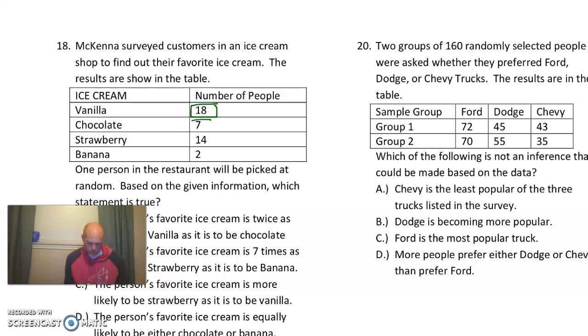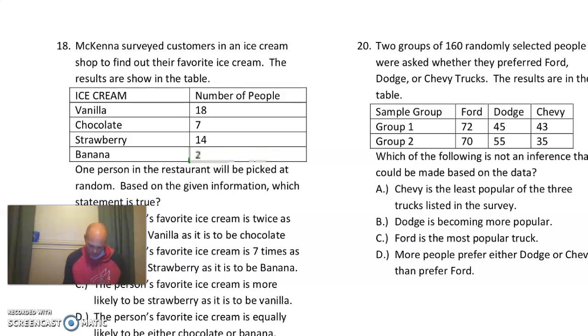Vanilla is 18, chocolate is 7. Twice just means multiply by 2. So if we multiply chocolate by 2, doesn't that equal 14? Yes. So it's actually more than twice for them to choose vanilla. B, I'm going to erase that. B, the person's favorite ice cream is 7 times as likely to be strawberry as banana. So let's take banana, 7 times as much is strawberry. So B is true. C, the person's favorite ice cream is more likely to be strawberry as it is to